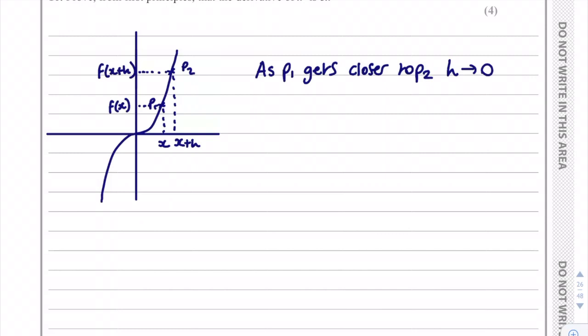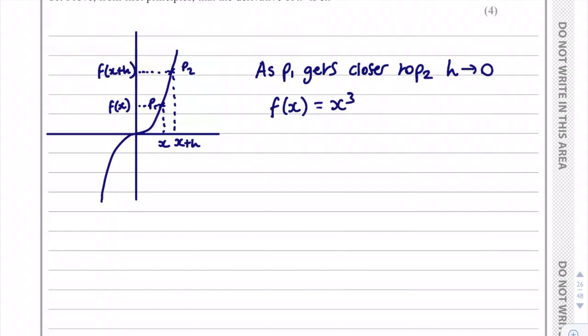So what we can say is as P1 gets closer to P2, h will tend to 0, and they will almost touch each other. They won't touch each other, but they'll be very close. Because remember, h doesn't equal 0, it tends to 0. So what's going to happen is when P1 gets closer to P2, the points are going to tend to a single tangent. And the gradient of that tangent, which we can represent, well, we can say that function